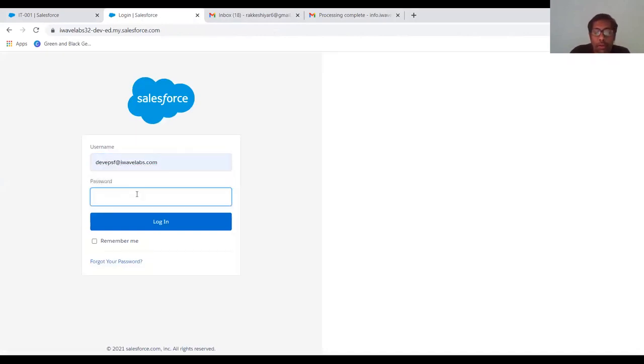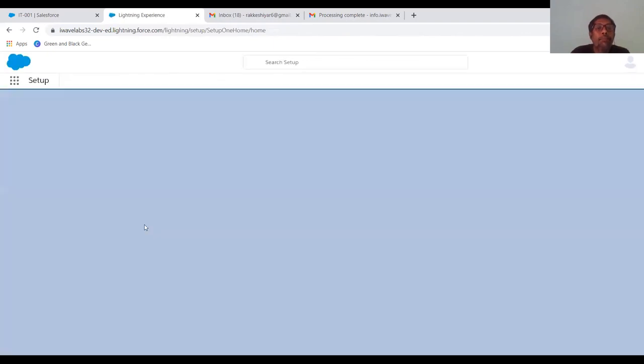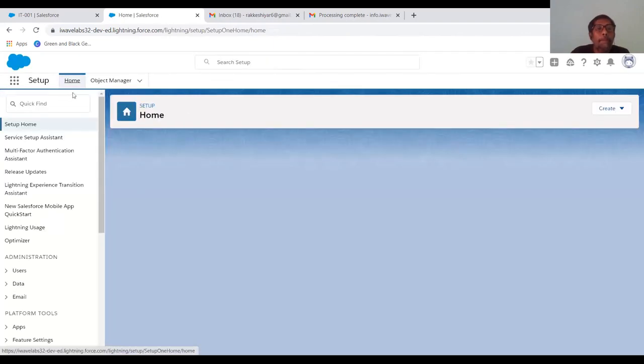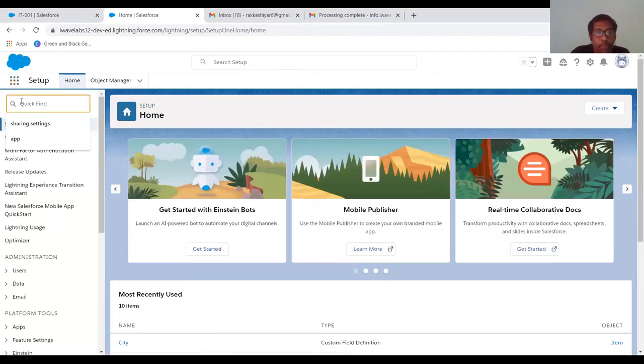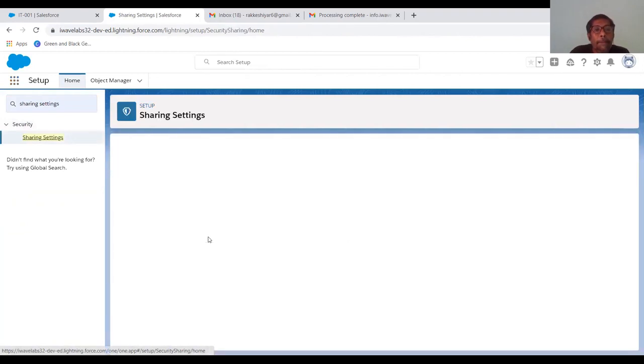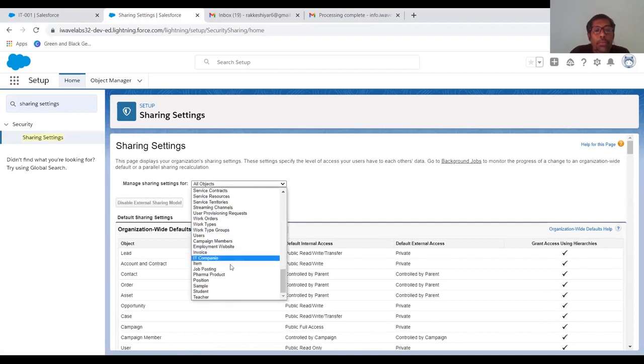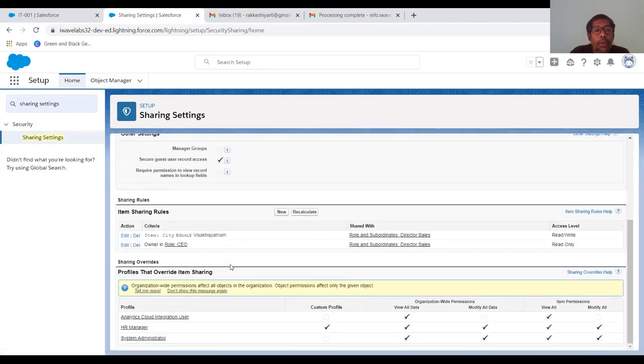Developer and I'll go to sharing settings, click on sharing settings and click on the object called items now, right?